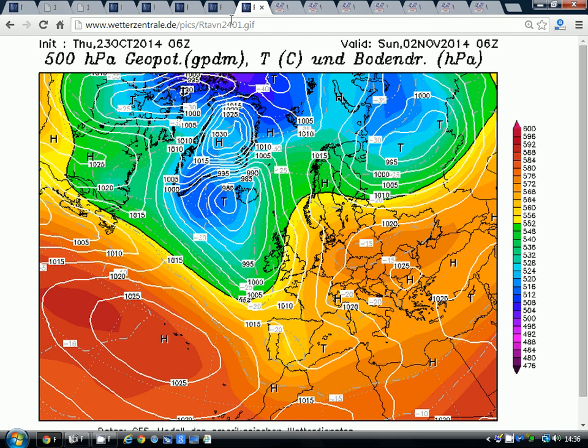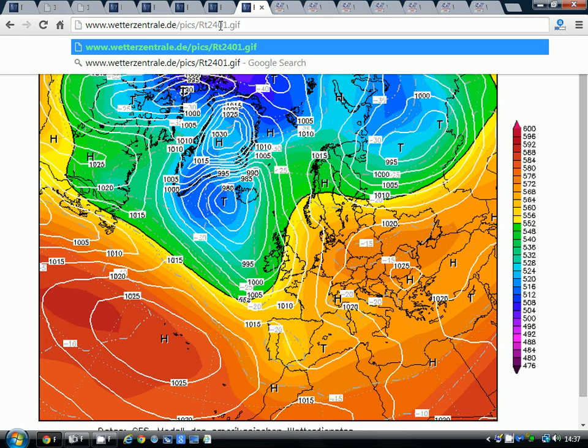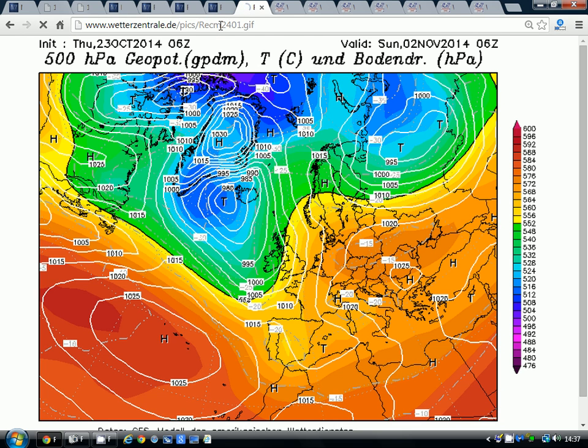But as we get through to day 10, it's very much a similar sort of scenario to the ECMWF. In fact, I think the charts have got a bit wrong there, because that is the GFS day 10 chart. So I've just got to very quickly change things over. We can go to the ECMWF day 10 chart, which when it clicks over, and it will hopefully do so in a moment,